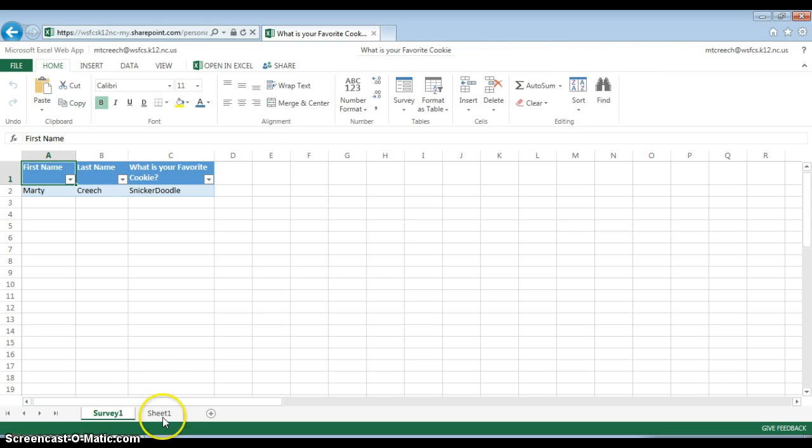After this has been done, let's hope that it's still recording. We go back to our survey, and hopefully, I don't know what just happened there, but pretty much I just closed out my survey, and now I've gone back into the Excel sheet, and now I see that Marty Creech likes Snickerdoodle. So you get all of your teacher or your whatever information that you wanted in a nice, neat little